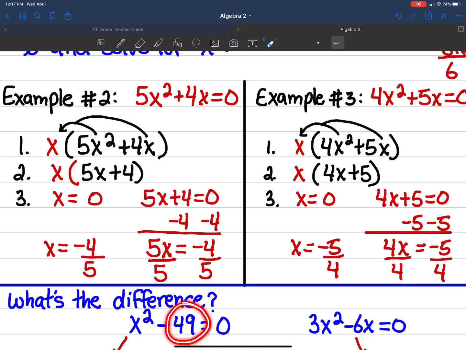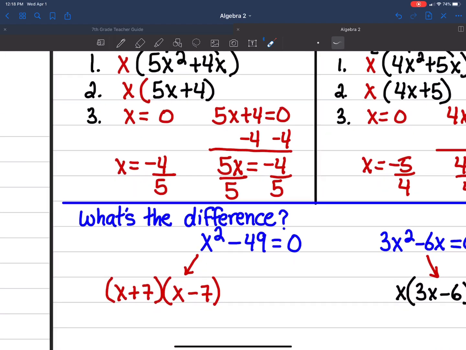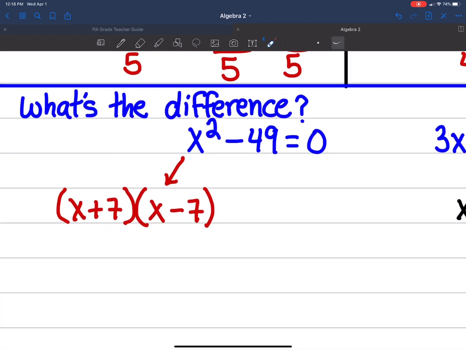This one here does not have a variable. Okay, that one does. And so this one is a two-term, two-variable quadratic expression, and this one is not. Okay. Now, how do we solve this one? Well, this one here is just a regular old quadratic equation, and we would solve that one by